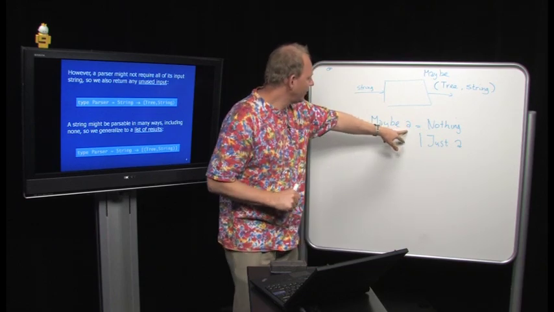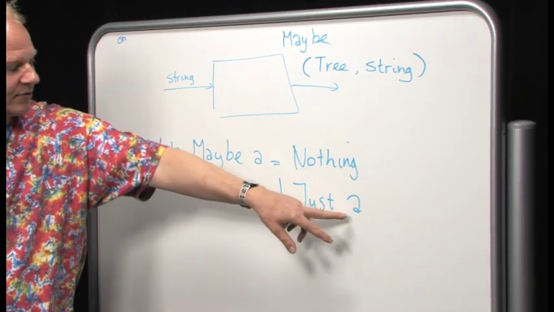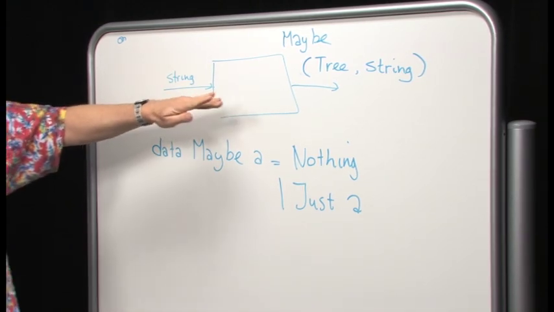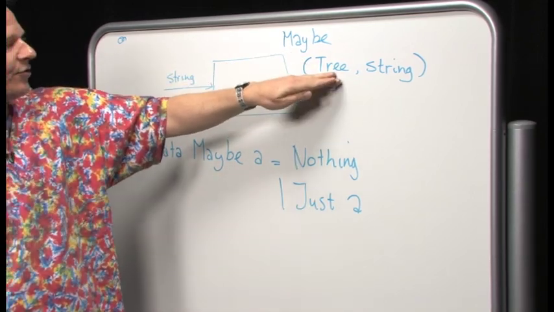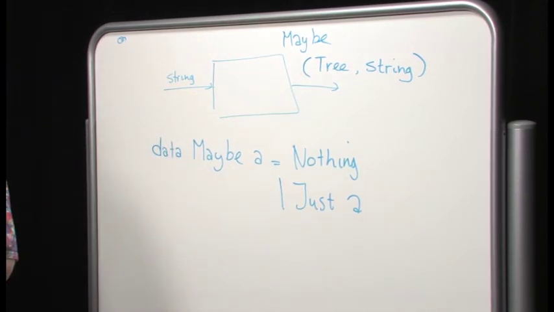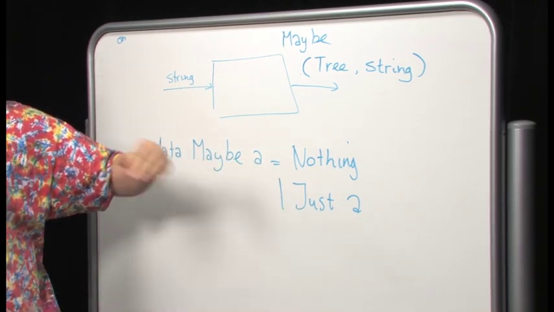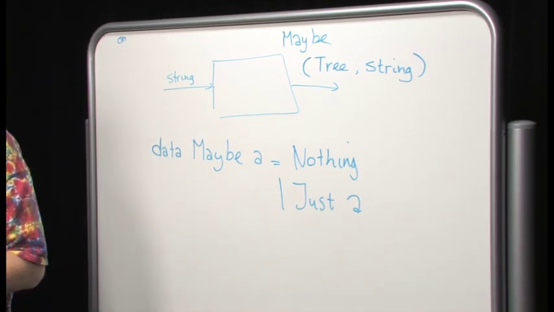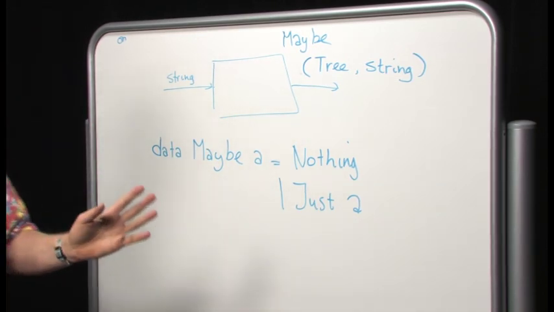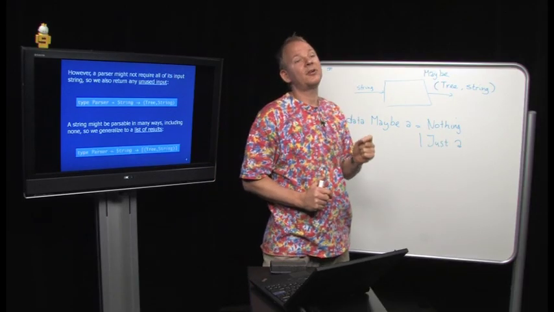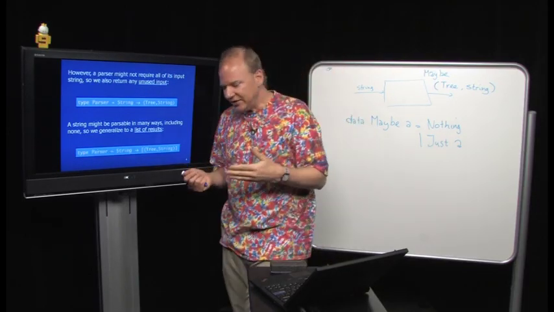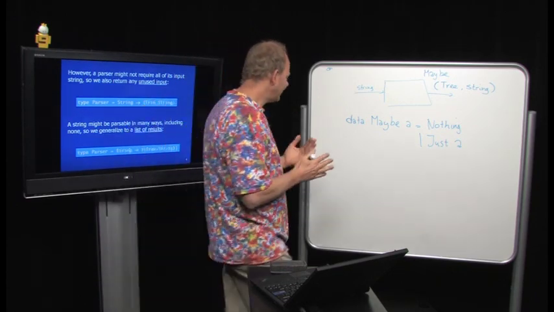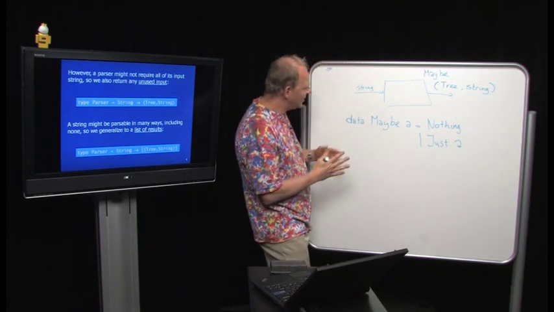So an optional value of type A is either Nothing or it's really a value of type A. One way would be to say I take a string and out comes Maybe a tree and a remainder string, where Maybe can be Nothing if there's no parse and Just the result if there is one. This is okay, but Haskell programmers are often lazy, or I don't know if it's really laziness, because